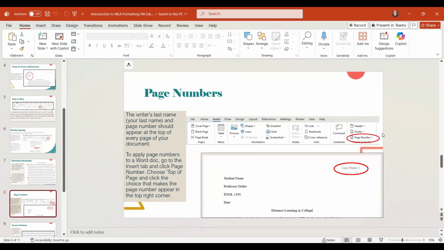So if you're in the browser version, you might have to hunt for that page number button a little bit more, but I will show you how to do that in the browser version as well. To apply the page numbers, go to the Insert tab and click Page Number. You will then be given options of at the top of the page or at the bottom of the page. Make sure you choose top of page and then top right to make that page number appear in the top